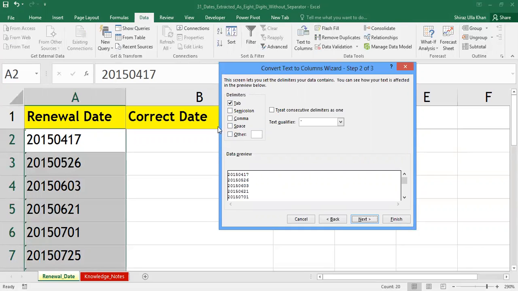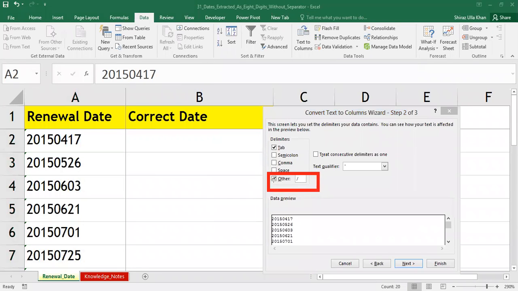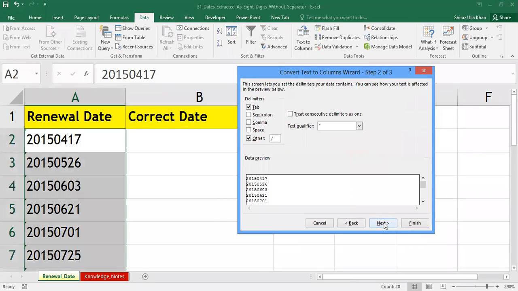So in this delimiter section, previously we used to click on space, comma or semicolon depending on the separator. But here I want to introduce it. So I will click on this Other checkbox, and in the text box of the Other checkbox, I'm going to type a slash. I want a slash as a delimiter or separator between the dates. So people, remember this in step 2. Let me just annotate. I have just checked this Other section and typed slash. Okay, let me clear this drawing. Now after doing this, let's click on Next.